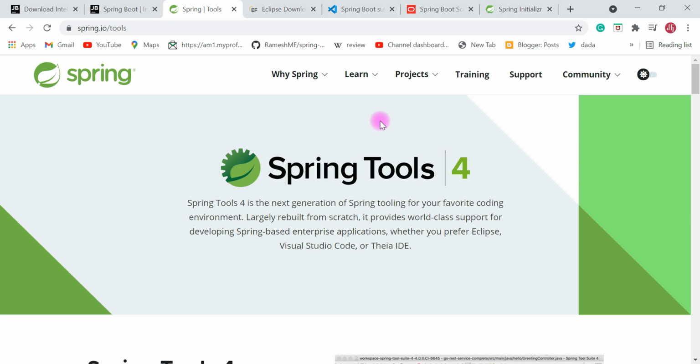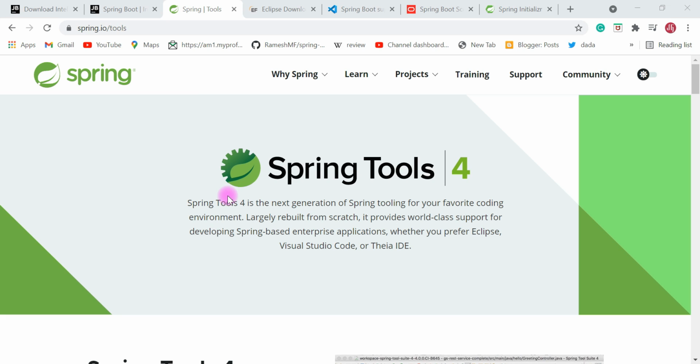All right, so if you are a beginner, then I highly suggest you use Spring Tool Suite IDE first. It's a very simple IDE. You can directly use Spring Initializer in Spring Tool Suite IDE to create a Spring Boot project, and you can get some intelligence about the configuration and properties of Spring Framework or Spring Boot libraries. Once you are familiar with Spring Tool Suite IDE, then you can try other IDEs.